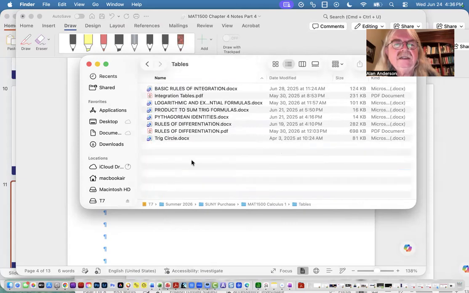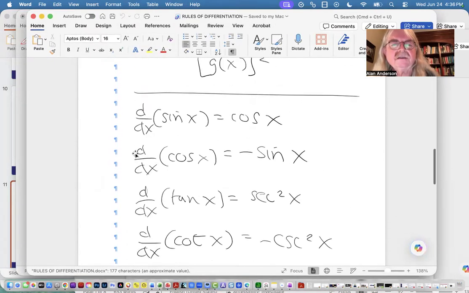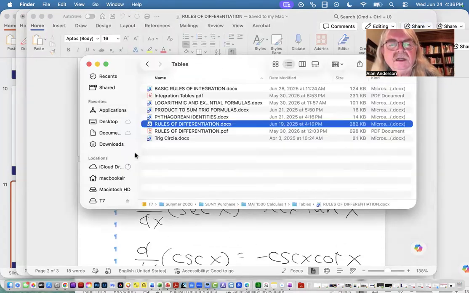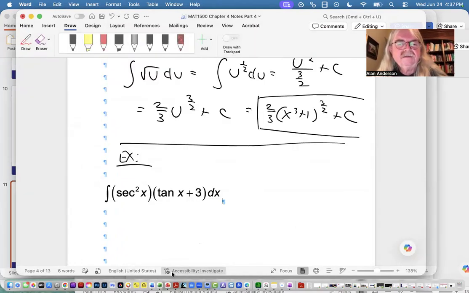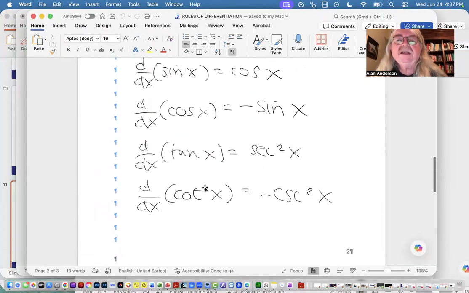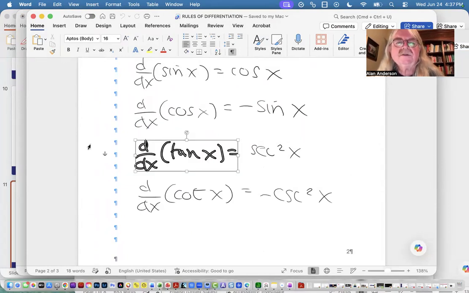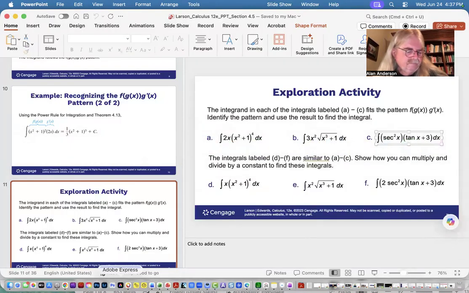There we go. Rules of differentiation, beautiful. So let's see. Now the derivative of the secant is the secant times the tangent. I don't think that's what we have, but we do have the tangent. Oh, I think we have what we're looking for. Here we see that the derivative of the tangent equals secant squared x. So therefore,